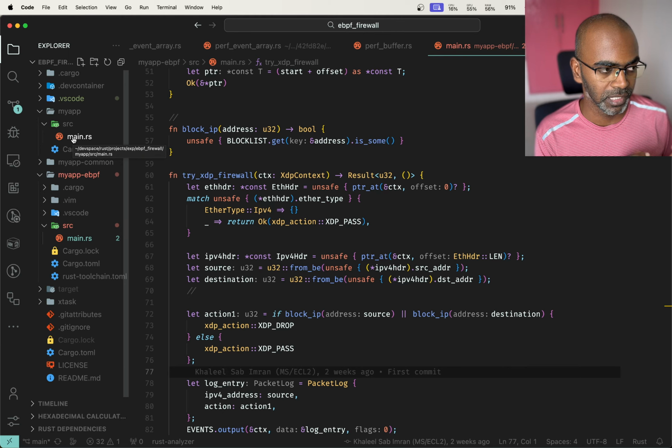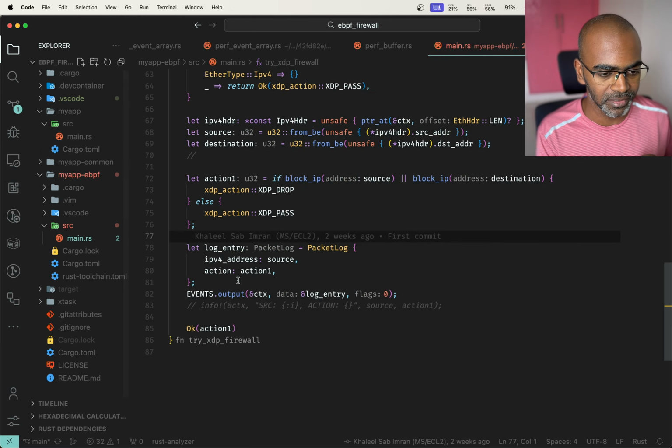So eBPF actually hooks into Linux's other subsystems, specifically what's called the perf subsystem. Perf is a very big subsystem. It basically is for performance monitoring. But what we can also do is the event that we've captured,